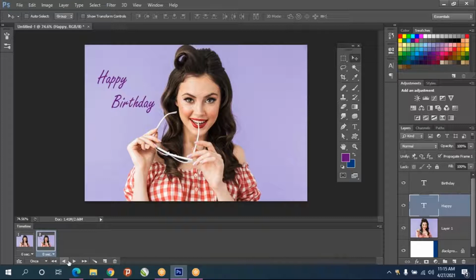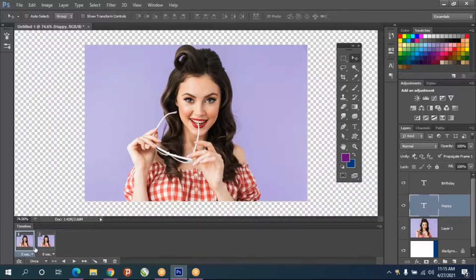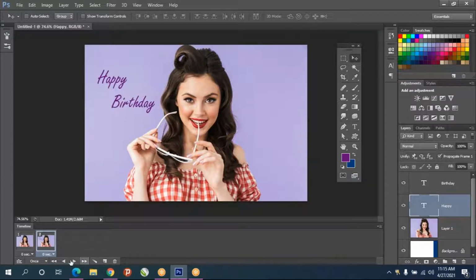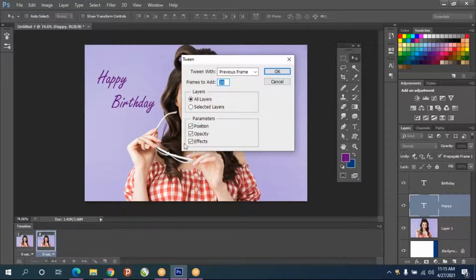Now you play and check. Here you will have a play button. It's disappearing, but the frames are very few. What you can do is increase the frames. Next to the duplicate option, we have tween animation frames. Just click on that.